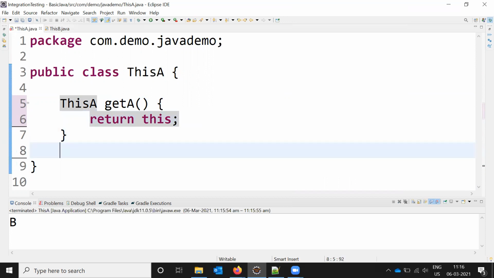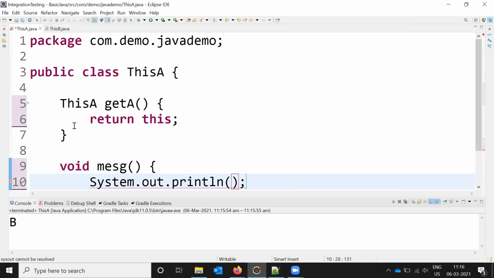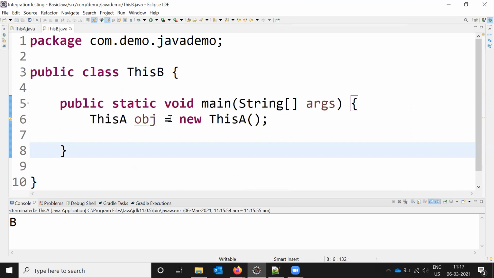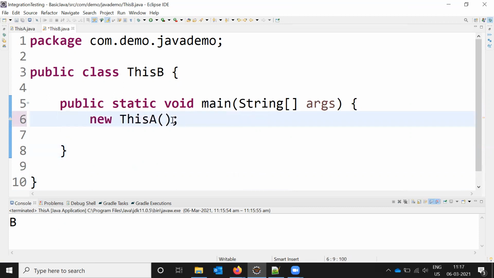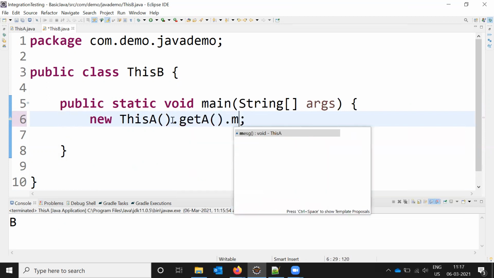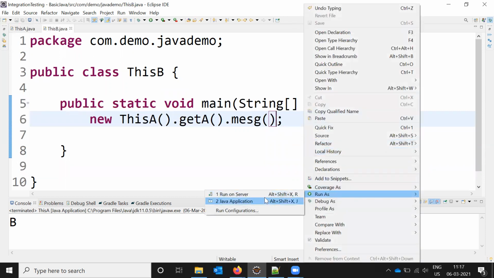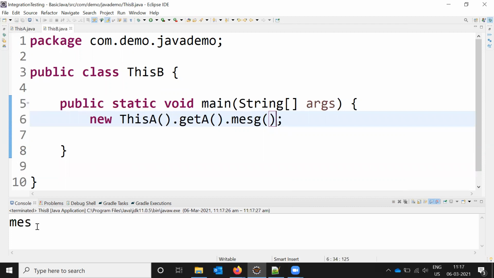Okay, and here I'm going to create a method message, and here I'm going to print this value message. The same one I'm going to call here, like I'm not going to use that object one, and dot get a dot message. We are creating the object normally, right? Now here I'm not going to create the object, but I'm going to call a method, which is the one we used, message we printed. Like this, all the 6 ways we can use this